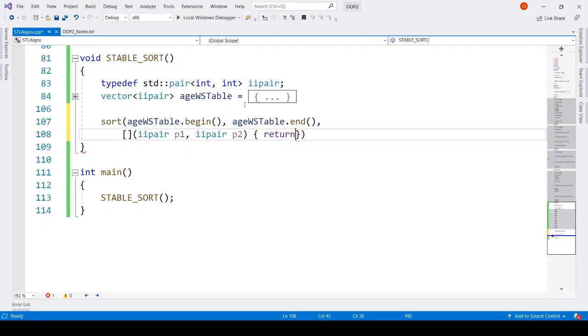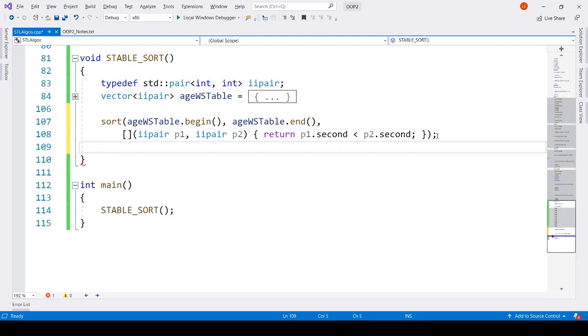So we will return true if P1 dot second property, because we want to sort by weekly spend first, is less than P2 dot second. That's all we want to do. Okay, so let's print this.